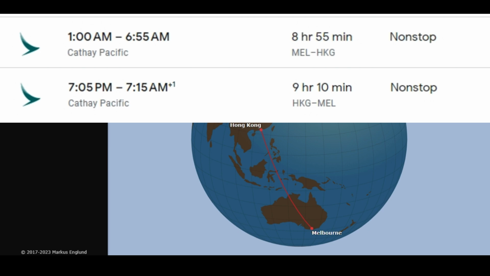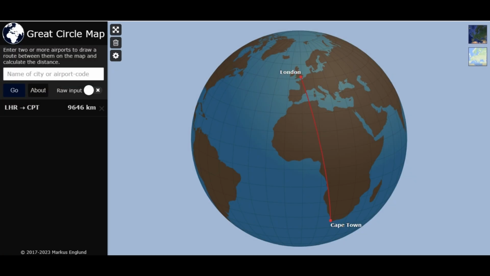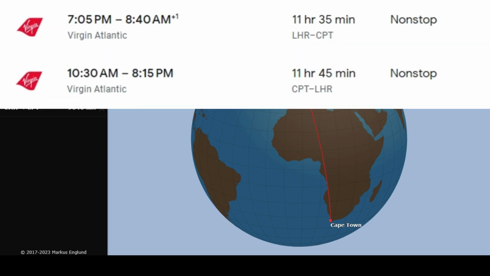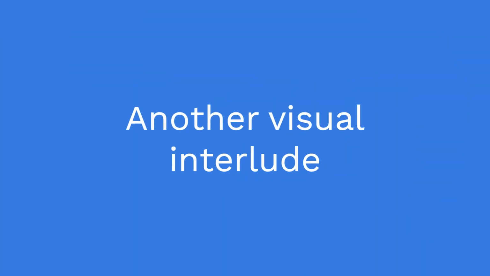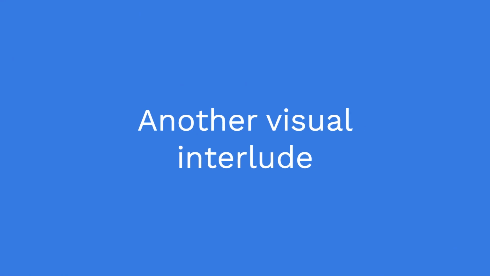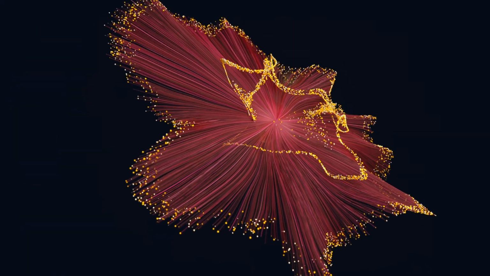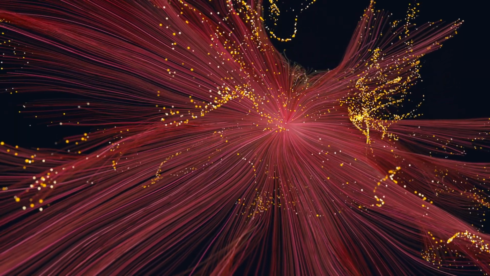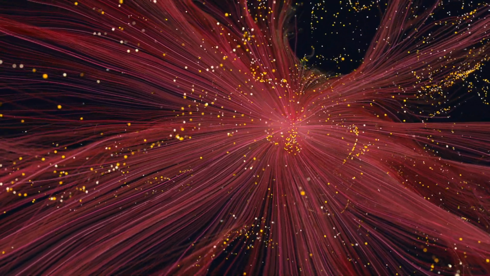Now we'll go over to London to Cape Town, 9,600 kilometres, again about the same time in both directions, resulting in an average speed of about 820 kilometres an hour. And penultimately, I'll look at a couple of flights where the average speed by doing this sort of analysis looks kind of slow, but of course there's a reason for it.